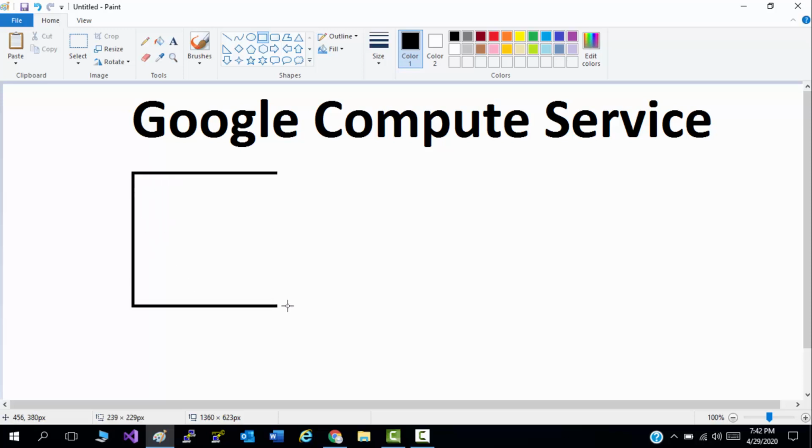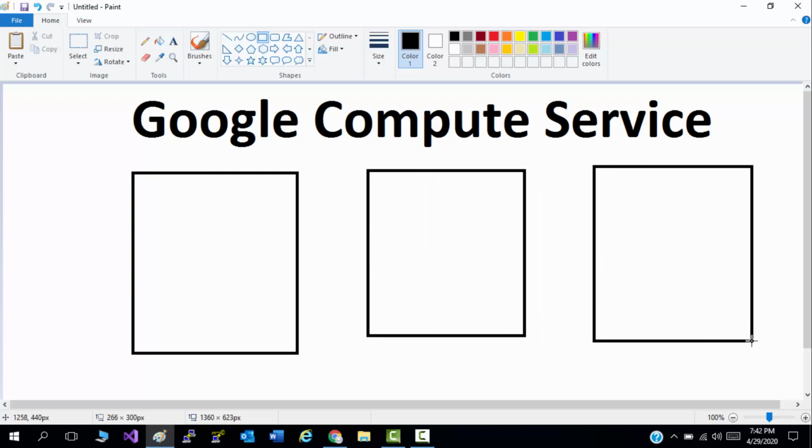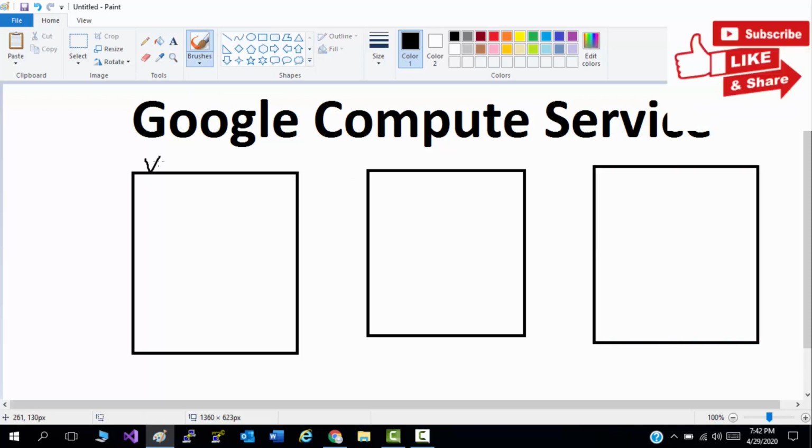Basically, there are three categories in Google. The first one is virtual machine, then we have code and containers, and then serverless system.